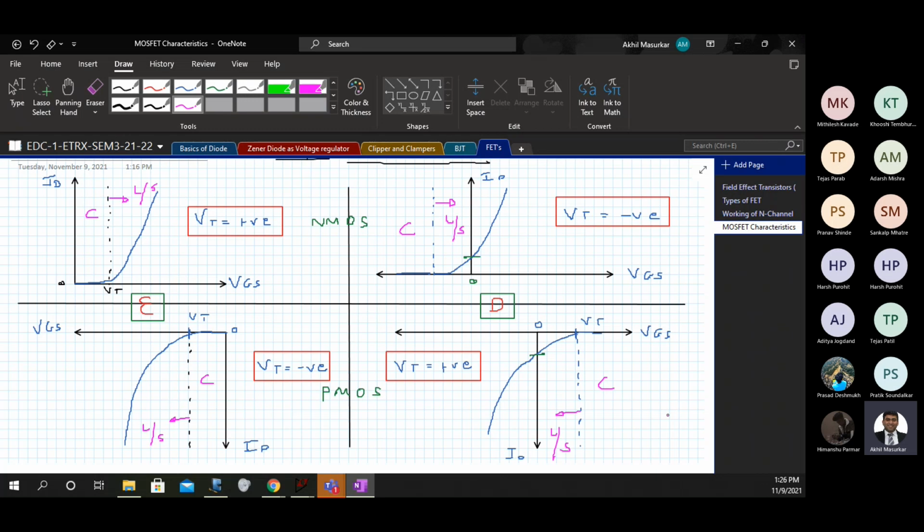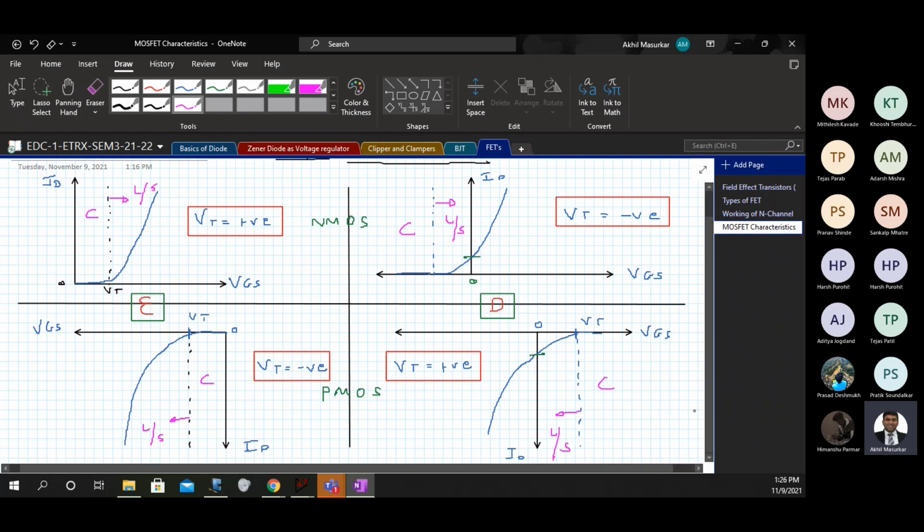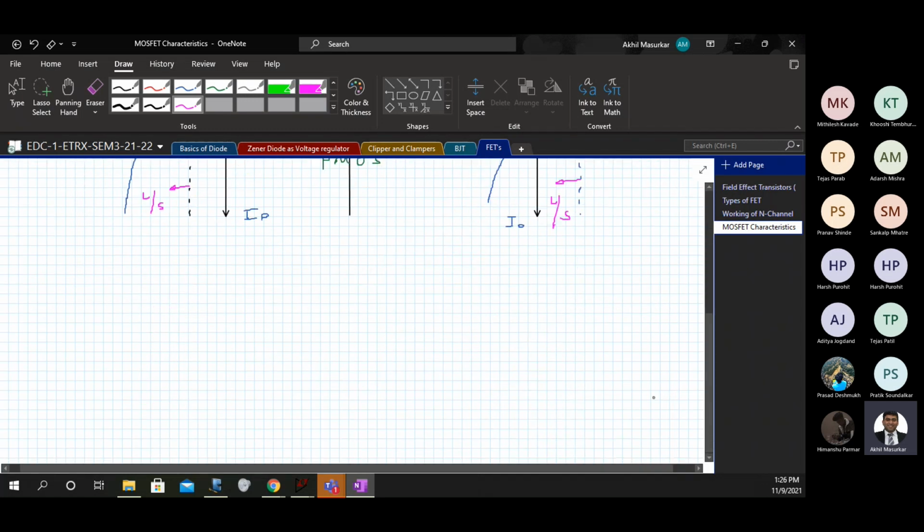Now coming to the output characteristics.